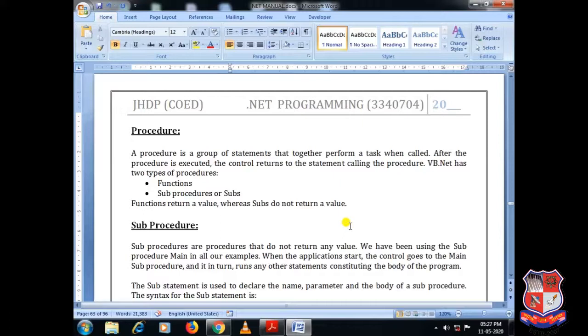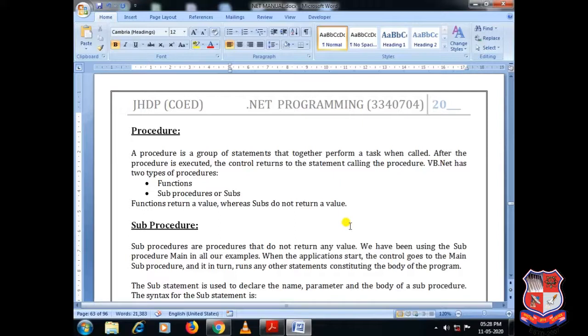Whereas if we write any specific kind of return modifier like integer, character, float, then they must return something before exiting from the function. Similarly, the functions may have different parameters. They may have integer parameters, character parameters. So whatever block of code we know in C programming, the same thing is known as procedure in VB.NET.